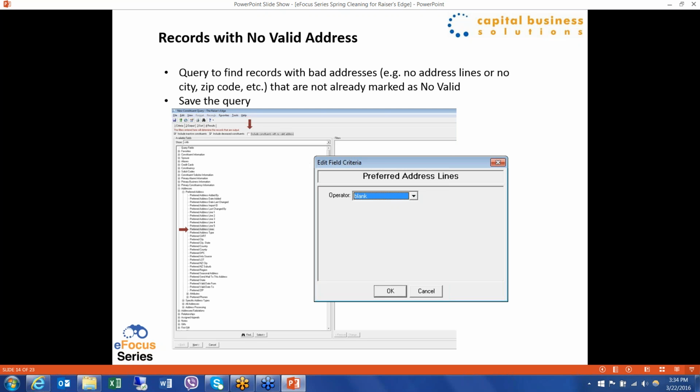And my example is to take the preferred address and check for any records that have no preferred address lines. So there's no street name, there's no anything in the box for address lines on Bio 1. At the same time, these records are not already checked as having no valid address, and I know that by this checkbox at the top of the screen. So this is my query for isolating the records in the first place, the constituents who have no bad address, and then I want to take that group and mark them all as